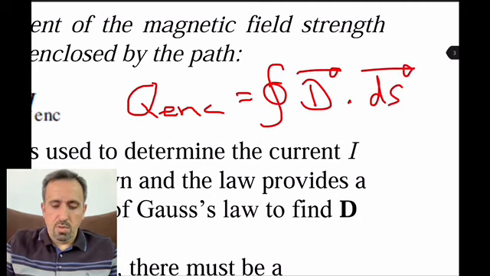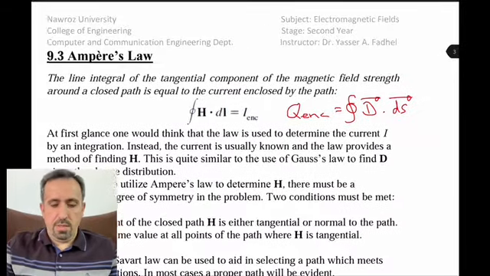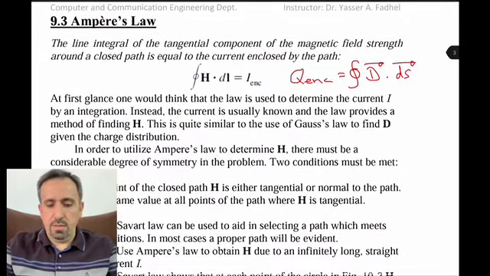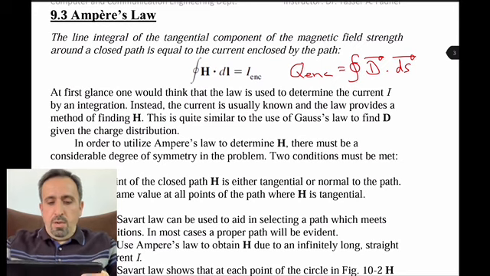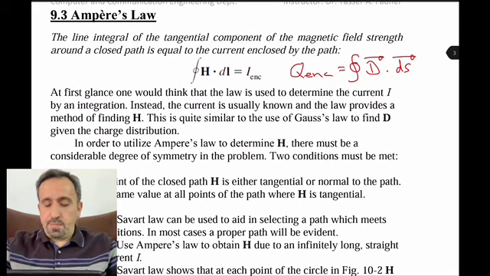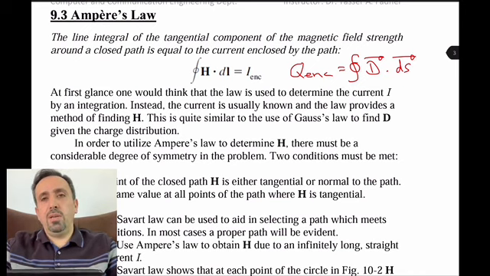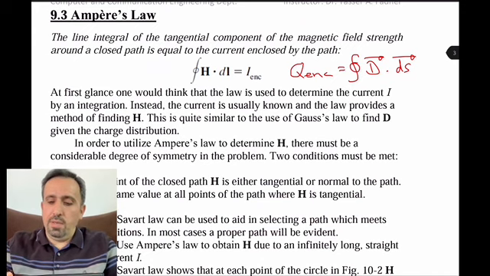Just for comparison of both of these mathematical equations, you can see that previously in chapter 3, to find the electric flux density D,